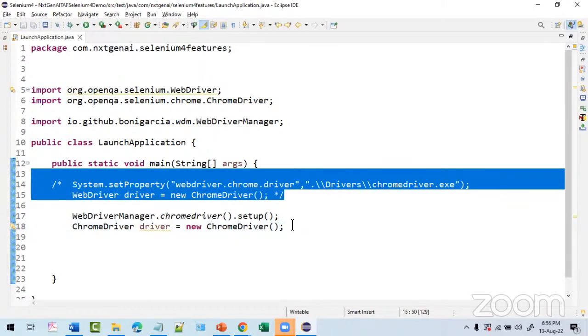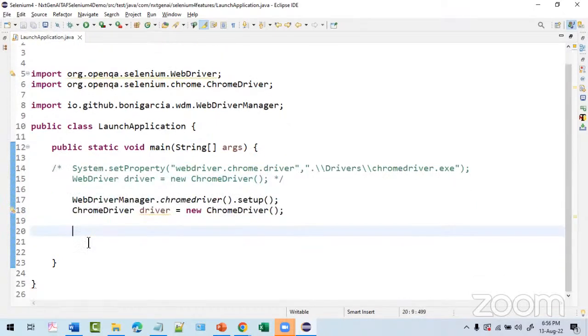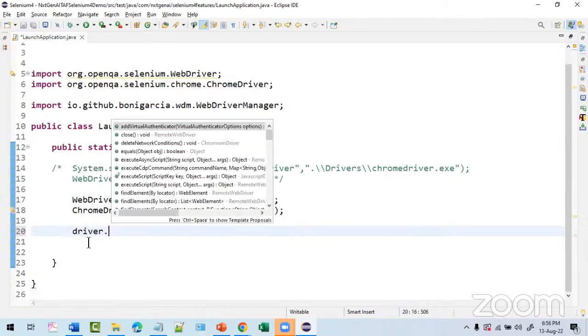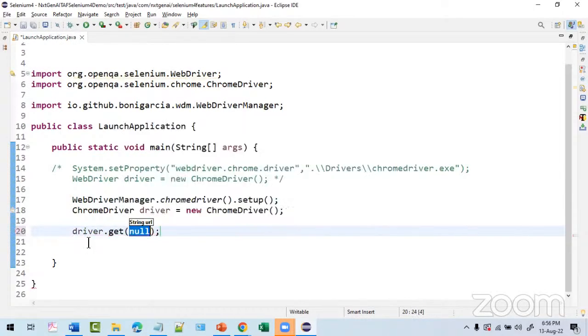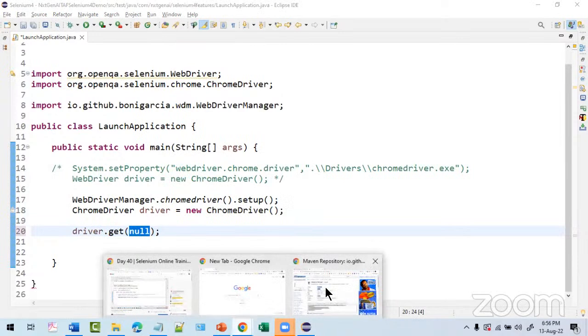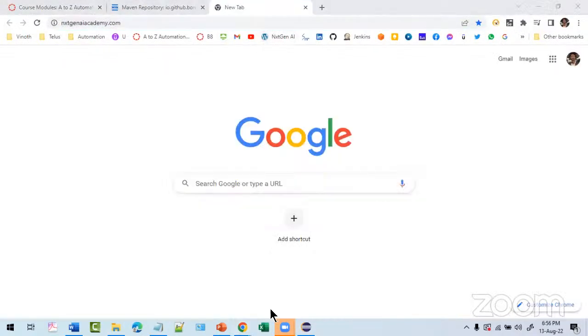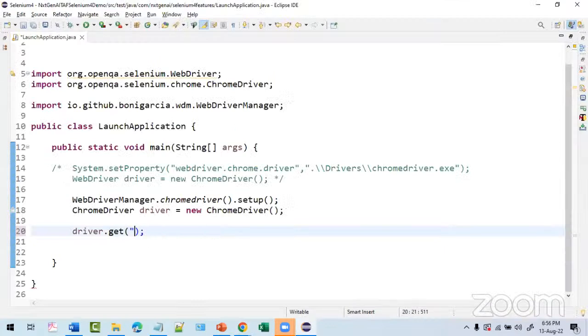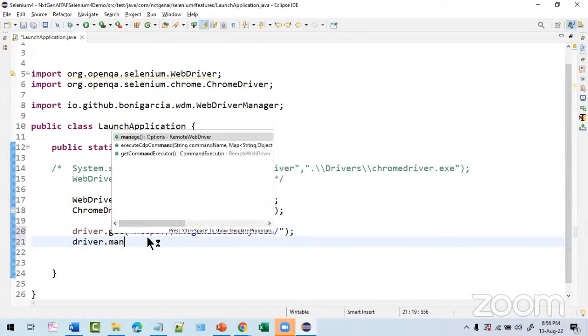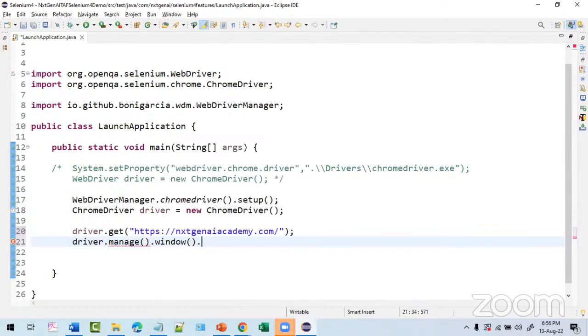This code is replaced like this. Again, driver.get. What is the URL? The URL is this one. Double quotes. Let's check whether this will work or not. driver.manage().window().maximize();